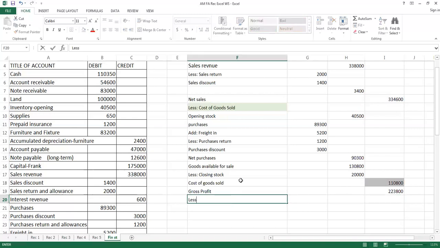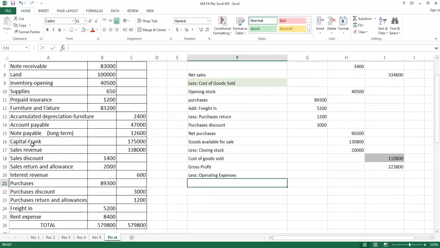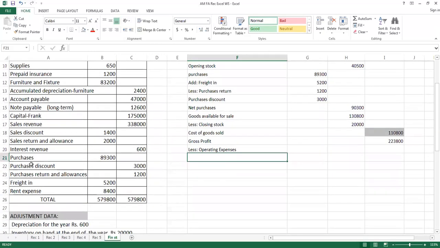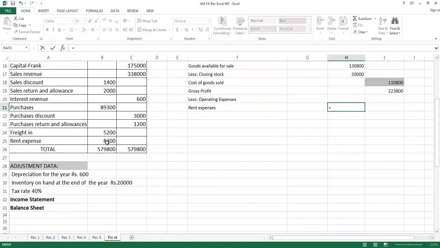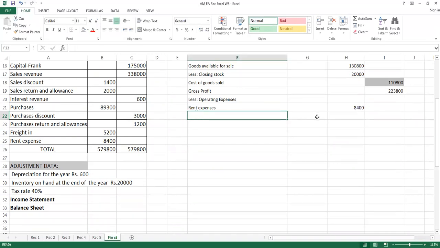And from gross profit, we minus operating expenses. In operating expenses, if you check your question, there is only rent expenses available. But remember that in practice questions, you will find many expenses. So whatever expenses are given, you can place them here. Since there are no other expenses, so I'm taking,